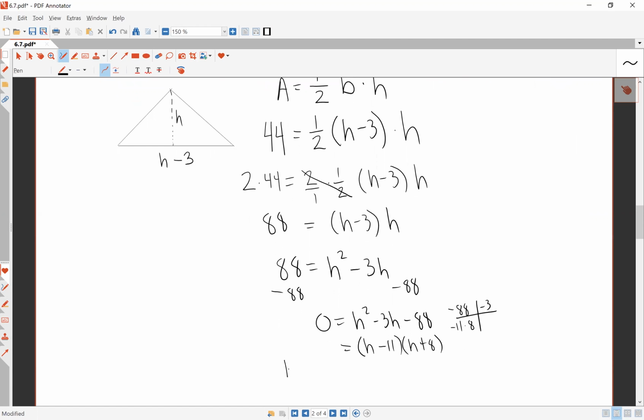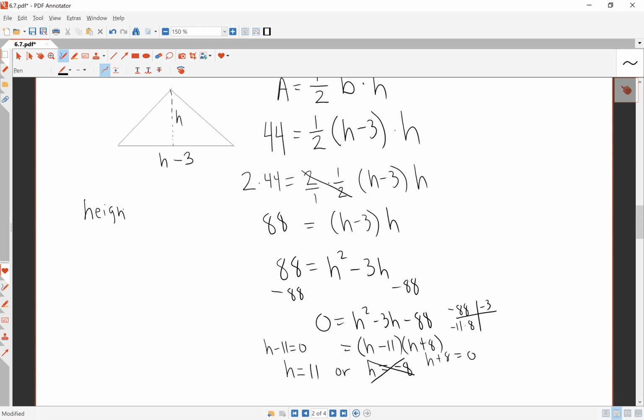We set each of those factors equal to 0, and we get the first one says h is 11, and the second one says h is negative 8. We set h minus 11 equal to 0, and we set h plus 8 equal to 0. So 11 or negative 8. But remember, heights and distances can't be negative. So we cross those out,